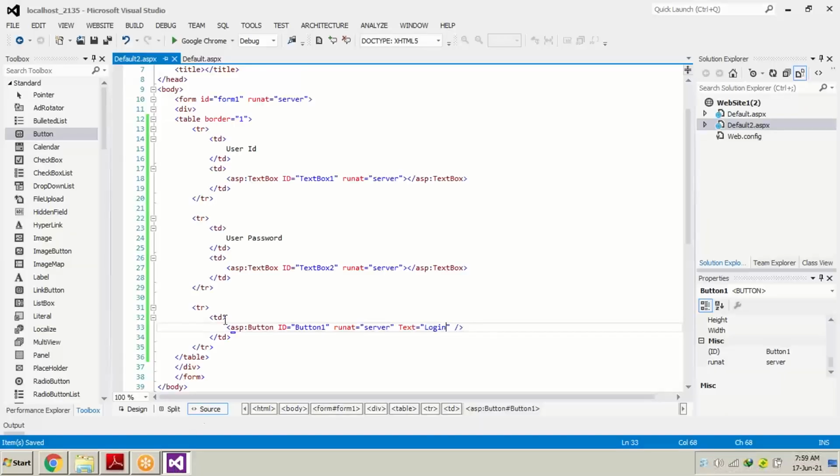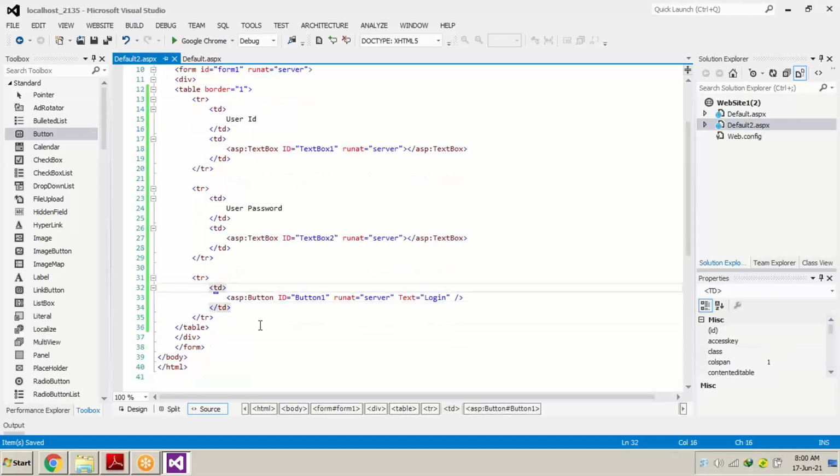So what we will do is make some small changes. In this button TD, where we have written TD, we will put some space and write ALIGN. Align equals center is the process of writing the line into the center. After the double inverted comma, we will write colspan equals 2. Colspan stands for column span.